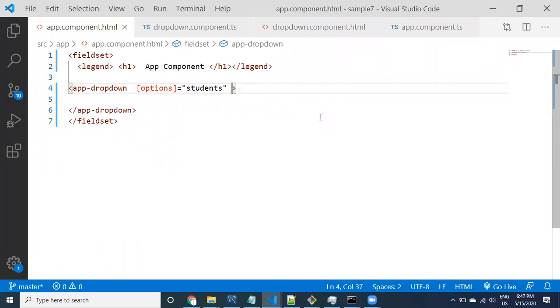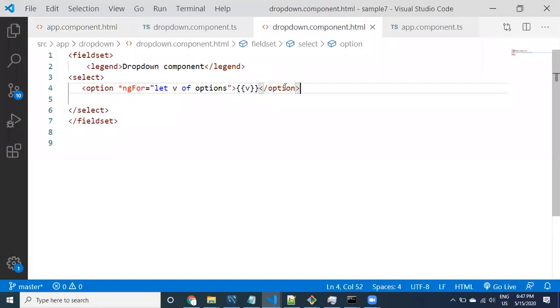Where do I have to apply on click, on select? Not in the app component. I have to go to the drop down component. Let us go to the drop down component. For these options, you can provide something like change, select value. Which value do you have to select? The selected value. Provide v. You can send the v value to the method. So this method should be available in the drop down component. Let us go to the drop down component.